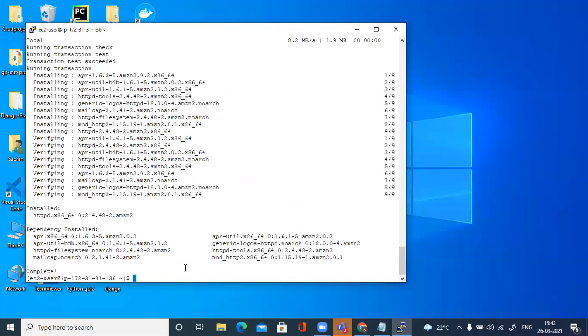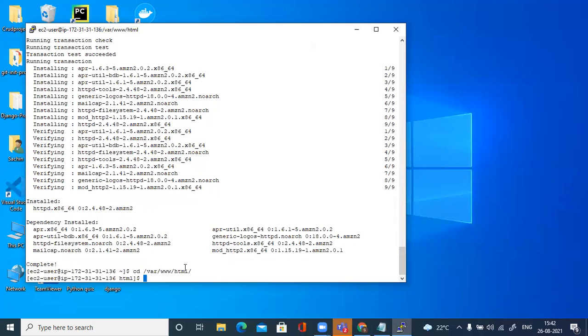Whenever you have the web service in your system, there is a default page which appears if you try to access the web page. If you want to see something which you have written instead, you can do that too. For that, you have to go to var/www/html. If I want to write something here, again I need that sudo permission. So sudo vi, I'll create a file